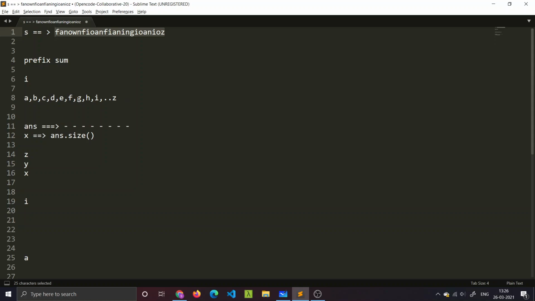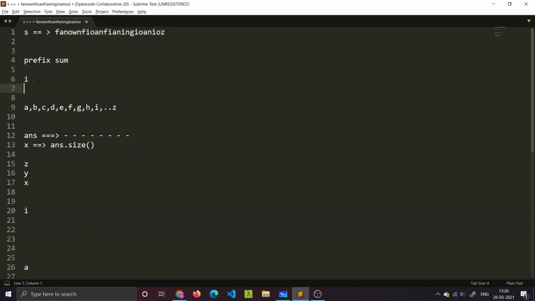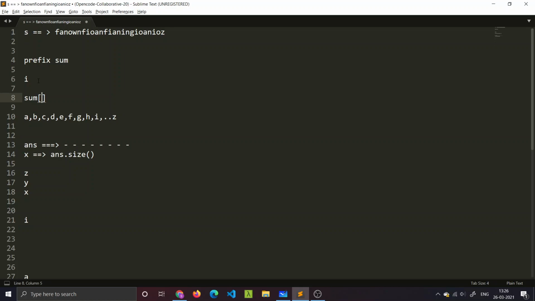How to check whether there is an H or not? I'm going to maintain a prefix sum starting from the last to the first character. Let's say the prefix sum looks somewhat like this: sum of int 0. Let's make it int because I've already used I over here. Let's call this int as index. So this sum of int 0 will be telling me the number of occurrences of character 0. By the way, 0 simply means the ASCII value of that particular character minus a. So you can simply understand this as the occurrence of a.